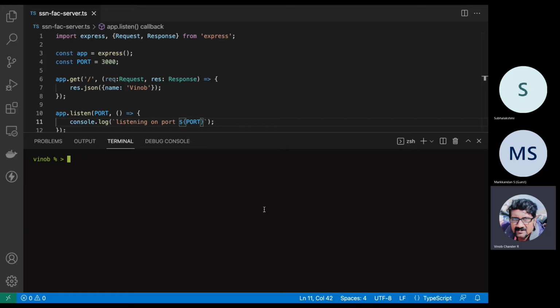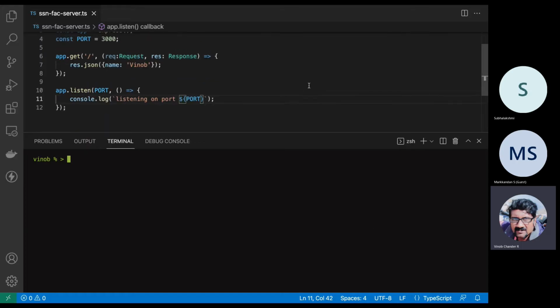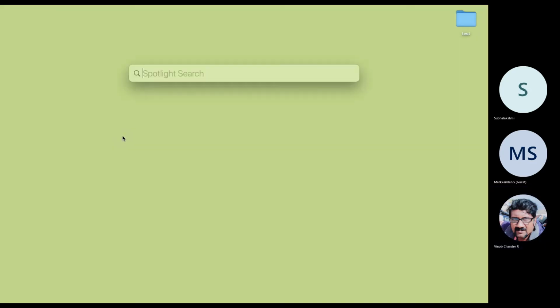So we can go to the command, and then we can do an npm run also. So before doing npm run, since this is a TypeScript based project, let us make use of that. So let us start with npx and then make use of ts-node, and then specify the file and see if it works, and then maybe we can configure it in the package.json so that we can do an npm run. All right, so npx ts-node file name, it says listening on port 3000,